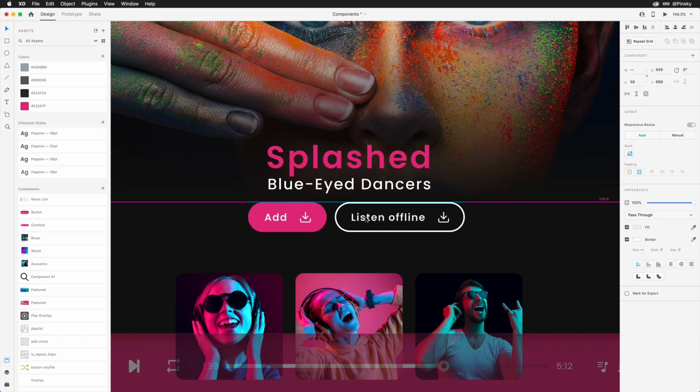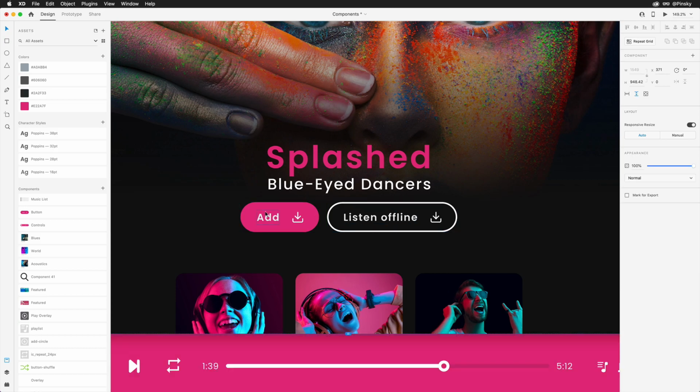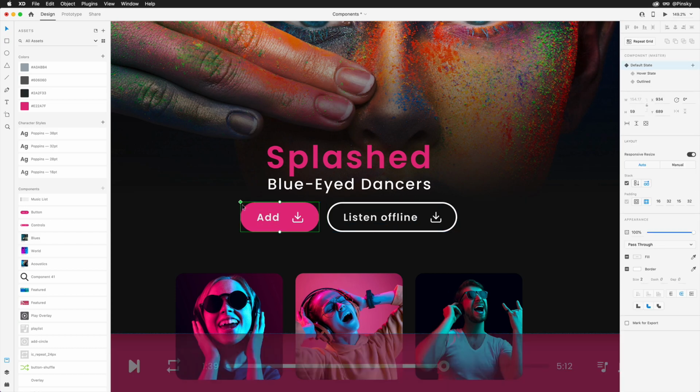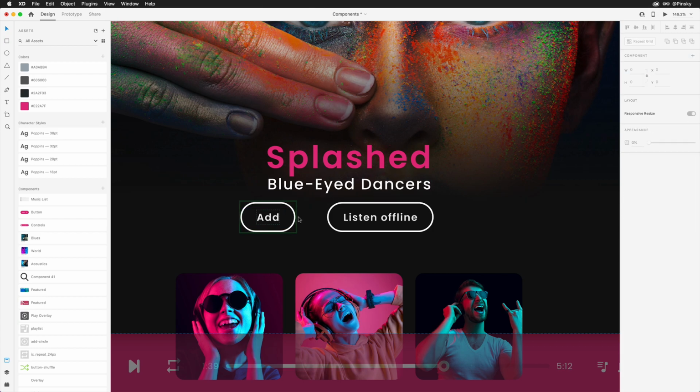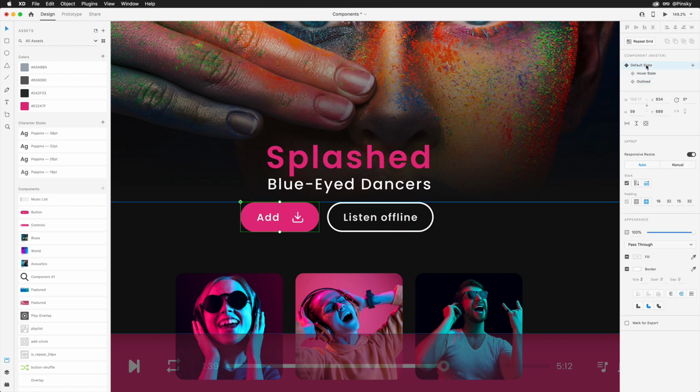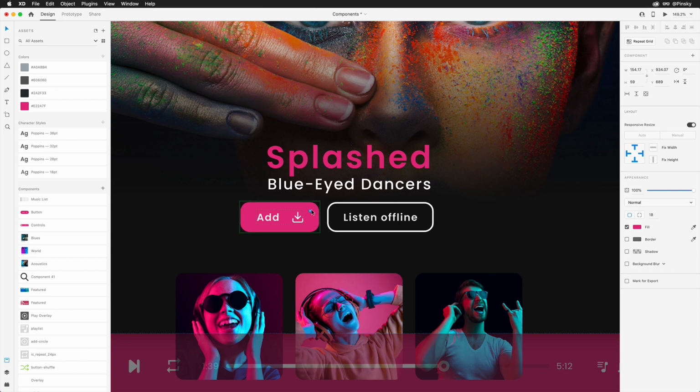Of course, one of the main benefits of using components is their ability to keep your designs up to date, and with states, you can also keep your instances in sync. Editing a specific state within a base component, and again, that's the one with the solid diamond, will push the changes to all instances where those specific properties were not overridden. And if you need to update the styling across all of your states, you can make changes to the default. Again, as long as the property was not manually overridden, all states will receive the update.